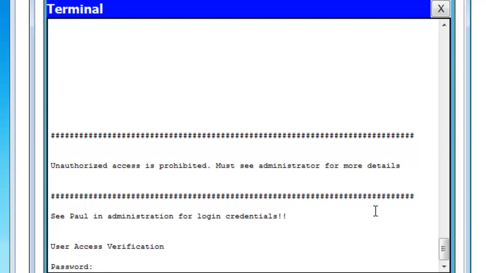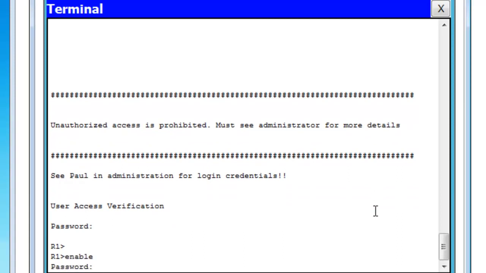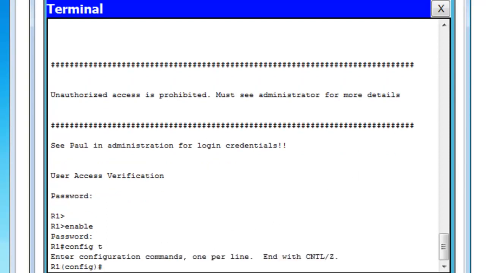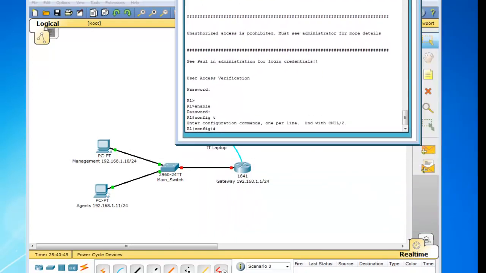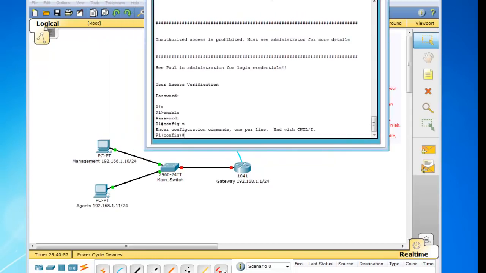Alright, so we want to hit enter, and then enable, Cisco 123, config T, because now I think our next step is to set up the gateway with the IP address. Alright, so let's move our file over and let's get a shot here of our network. Alright, so our gateway needs to be